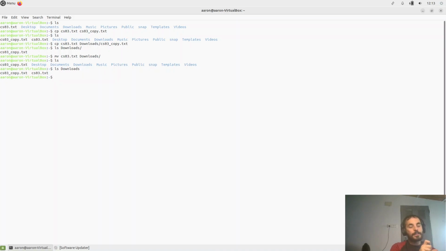We navigated with cd, we checked where we are with pwd, we listed the files with ls and ls -l, we created files with touch, we read the contents of files with cat, tail, and head. There are more, but those are the most common ones. And we created directories with mkdir, we removed them with rmdir, and we removed files and their directories also with rm, copied with cp, and moved them with mv. Okay,